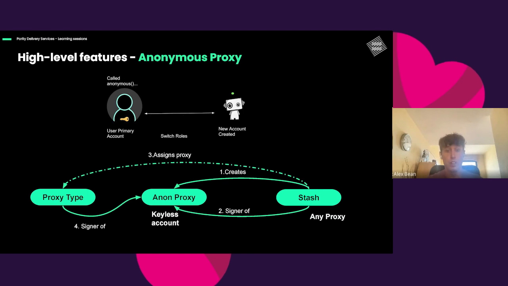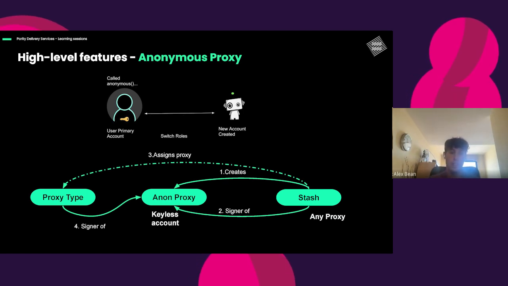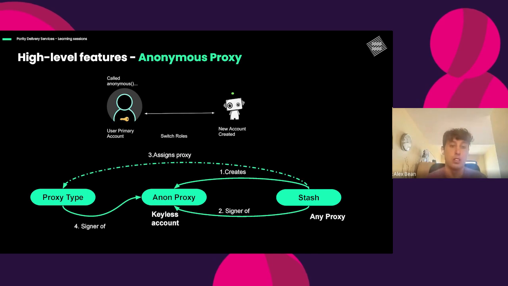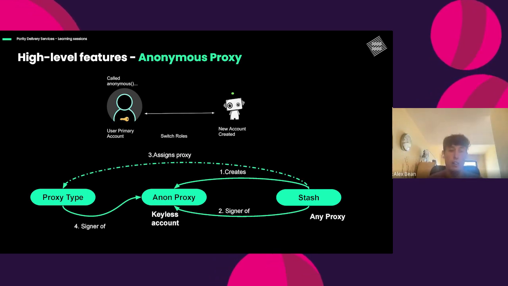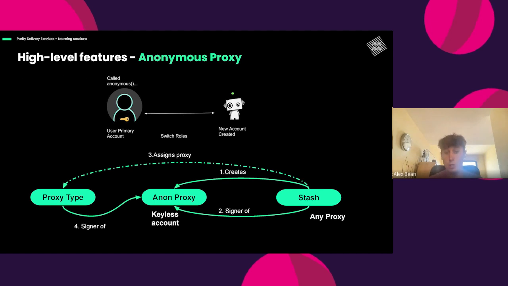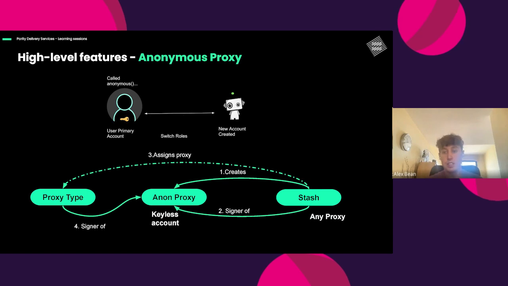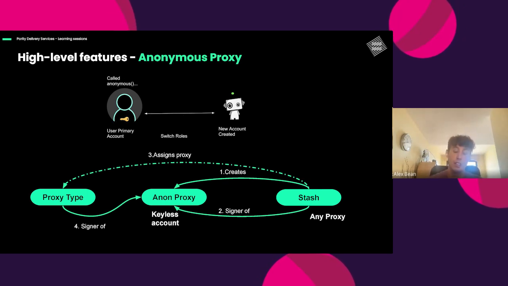And why is this useful? The first thing, as we'll see in the diagram at the bottom, is extra security again. We have this stash account, we create the anonymous proxy, and then this stash account acts like a proxy for this account. From this stash account, we can also create different kinds of proxy types. We can assign a proxy for staking, another one for governance, and those proxies are going to act on behalf of the anonymous proxy. In that scenario, we keep all the funds in the anonymous proxy, because it is not going to be compromised directly since it has no private key. The only way it can be compromised is if the stash account is compromised. If the stash account is compromised, then from the anonymous proxy we can still change that